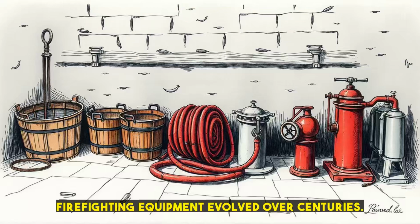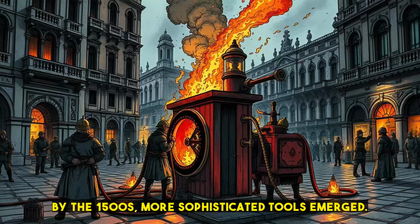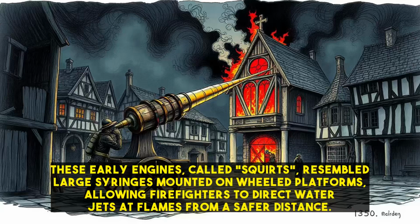Firefighting equipment evolved over centuries. Early medieval responders relied on simple bucket chains and demolition to create fire breaks. By the 1500s, more sophisticated tools emerged. German craftsman Anton Plattner invented a fire engine with a hand-operated pump in 1518, revolutionizing firefighting capabilities. These early engines, called squirts, resembled large syringes mounted on wheeled platforms, allowing firefighters to direct water jets at flames